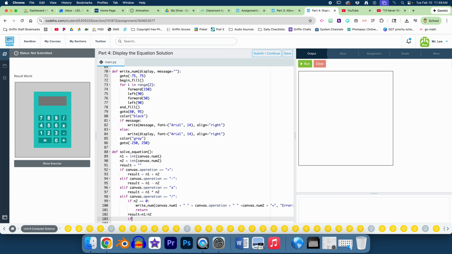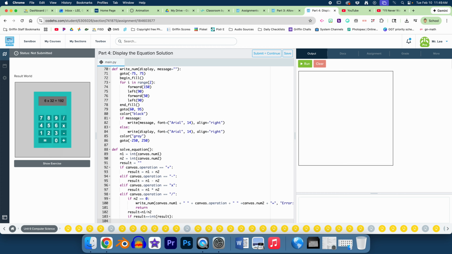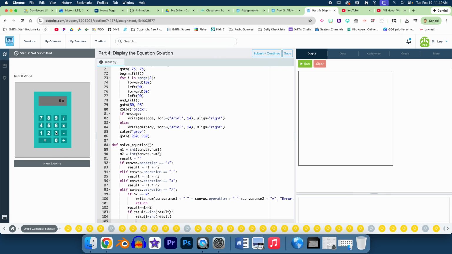if result equals int result, equals int result. We need to go back to the ELIF line. Display equals